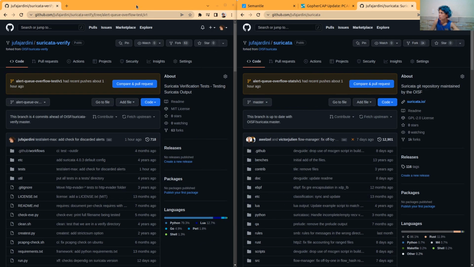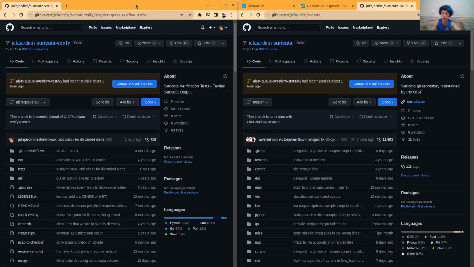And as I've mentioned in some other session, if we have work that has an associated Suricata Verify test, I would first have the Suricata Verify pull request, because then we will use that in the Suricata pull request.